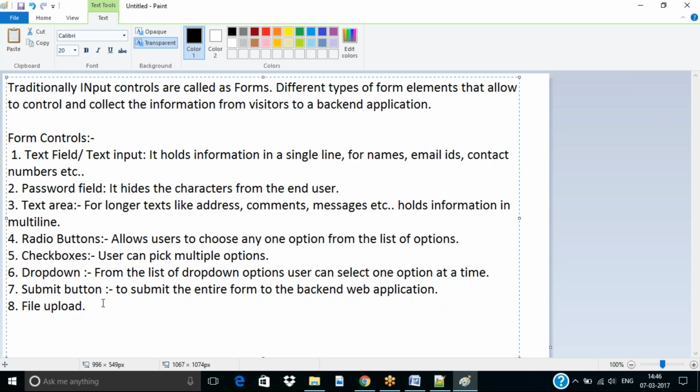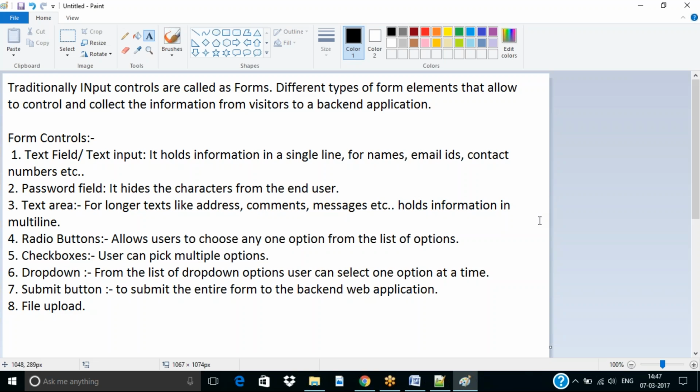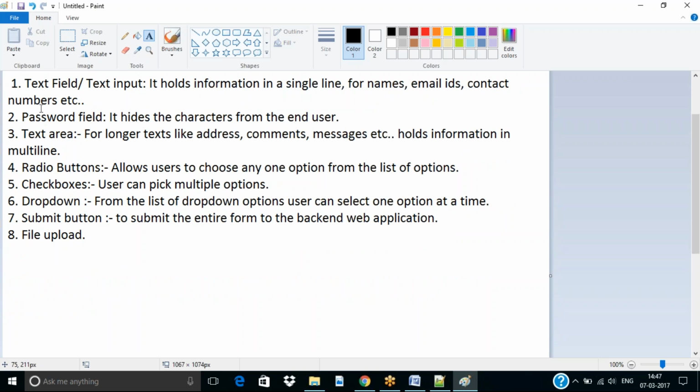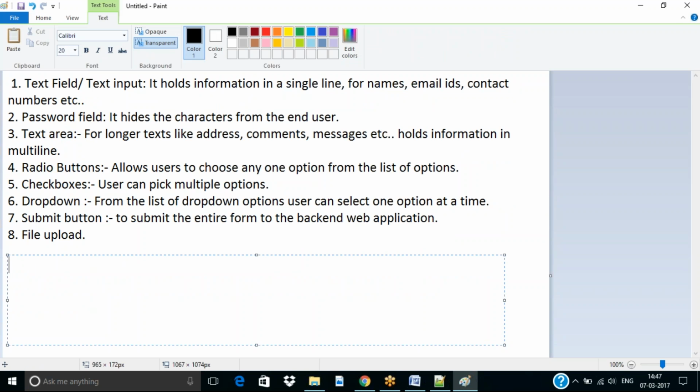And here most important point, suppose if we have a text field, a password field, a text area, a radio button, a checkbox, a drop down, and when all these are in the same form, how will you separate the data, how will you differentiate the data? So to differentiate various pieces of inputted data,